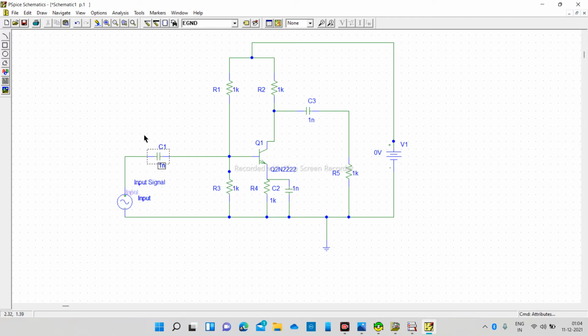Capacitor. Let's change the value. You have to just press this box and edit attributes. Let's say we are using 2.3 microfarad. Here let's say 2.5 microfarad. And here also 2.5 microfarad.